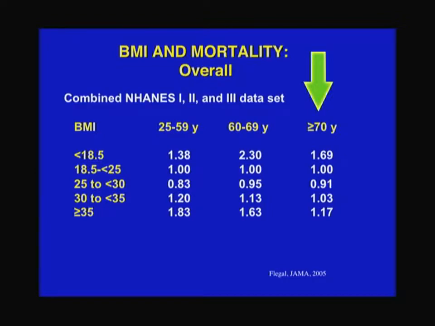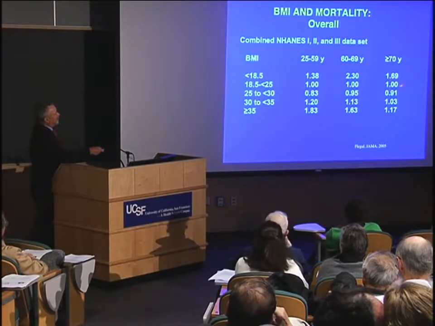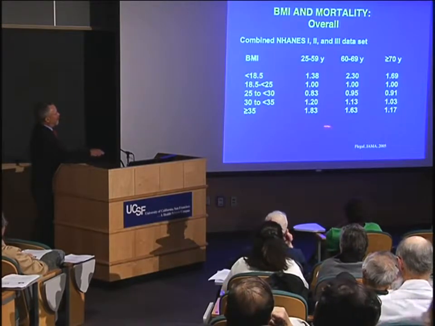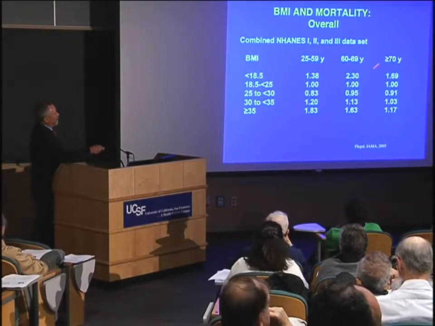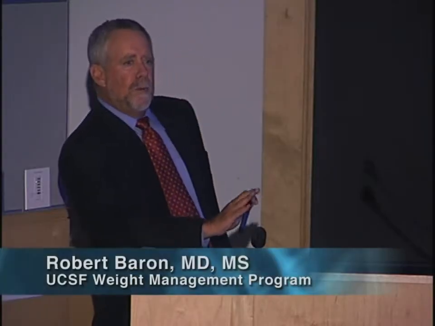Just as an aside, let's talk about what happens in the 8th decade. Now the curve is no longer that classic J shape, but rather it starts high and sort of flattens out, right? And what that suggests is that as you enter the 8th decade, it's the very low weights that are associated with the highest mortality. And this would be, the quote, the frail elderly. And you can see that as you get heavier in your 70s and 80s, that obesity is no longer a risk factor for premature mortality.